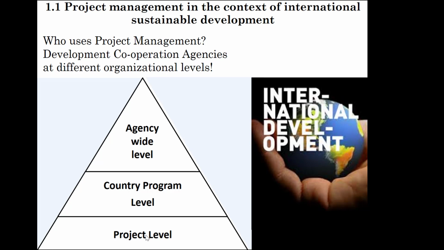The second level at which these agencies work is the country level program, with performance measurement and management systems within their country offices or operating units. So any of these agencies, they have country offices spread all over the world. The third level is then